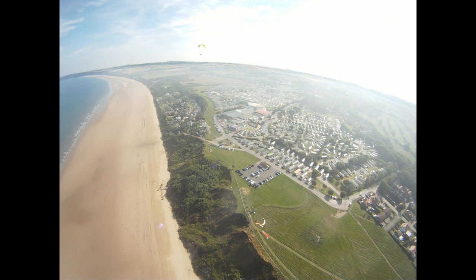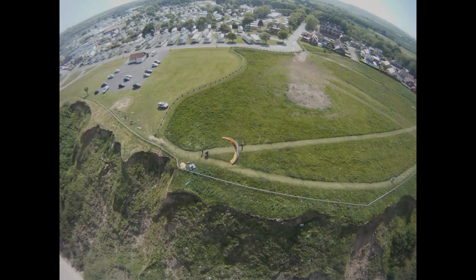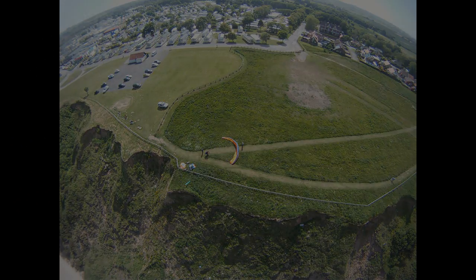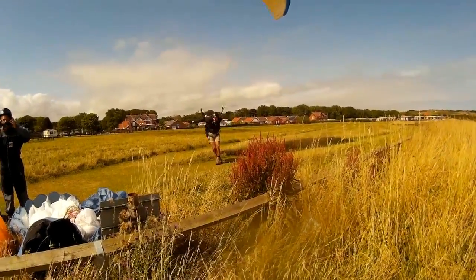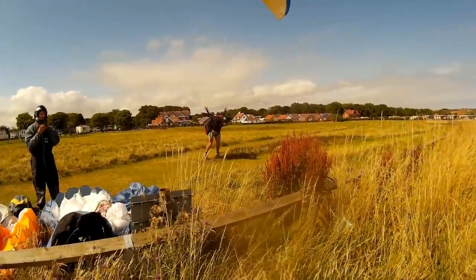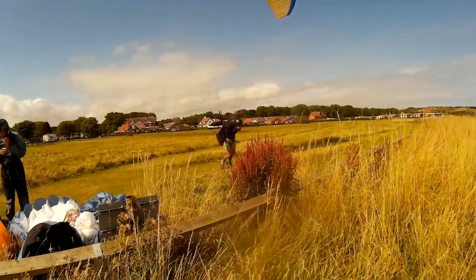Both Primrose Valley and Reighton are flyable when it's too far off to the east for Filey or Bridlington, and it's a toss-up between them both, but as they're close together, only 10 minutes apart, you can try them both in a day. The take-off is prone to rotor and is hampered by the single bar fence just short of